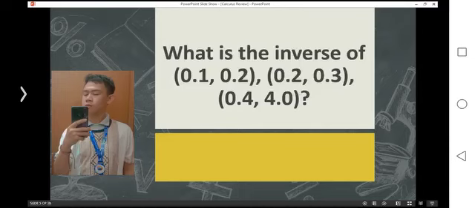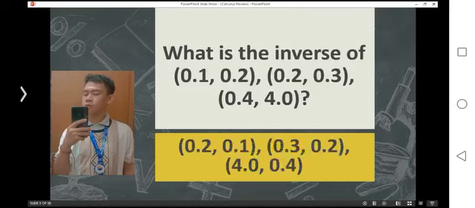So the inverse of this, the correct answer, is (2,0), (1,0), (3,0), (2,4), (0,4). So how do we get the inverse? By simply interchanging your abscissas and ordinates. Your abscissa will become the ordinate, and the ordinate becomes the abscissa. And that is the inverse of your function. Next,